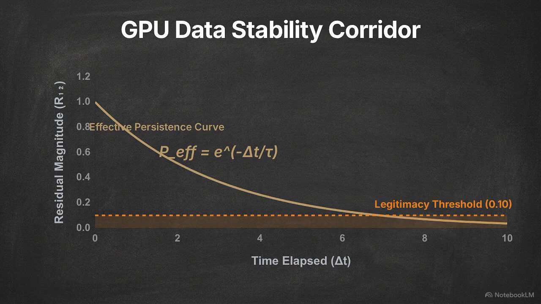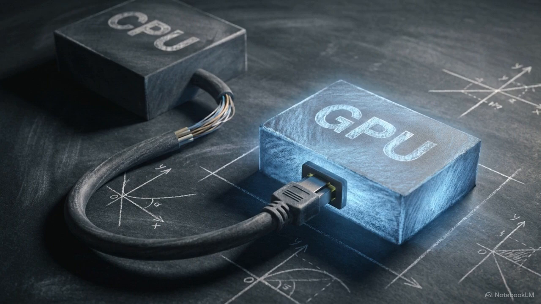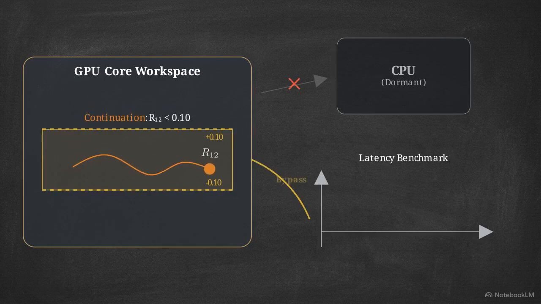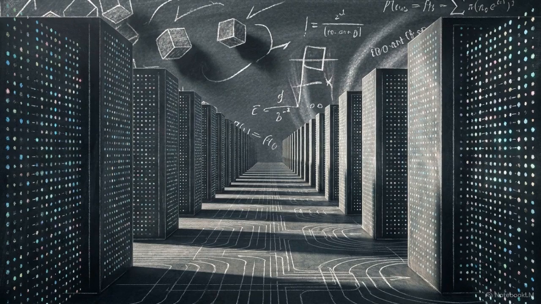This establishes a corridor of legitimacy. Data remaining below the 0.10 threshold is accepted as a stable continuation. A continuation ruling means the hardware can bypass the central processor entirely. Calculating these vector residuals within the secure corridor on the GPU is the precise mechanical reason the system achieves those 0 millisecond latency flatlines. However, processing real-world operational workloads over long sequences exposes a flaw with relying on a purely